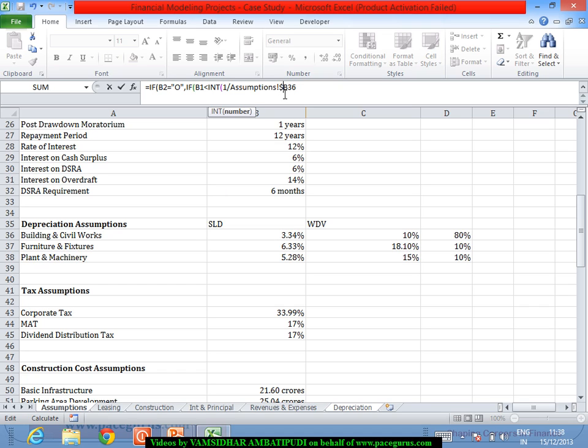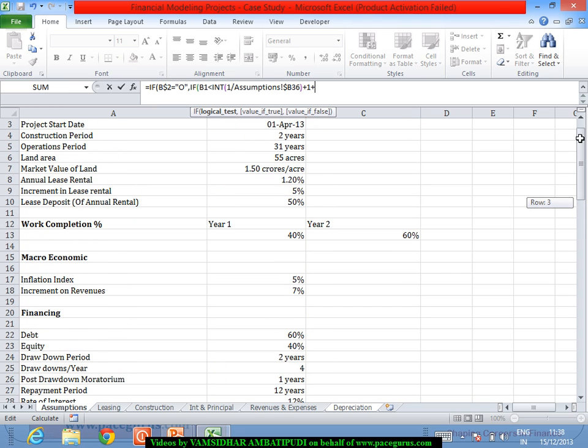So here I'll put a dollar for B, and here I'll put a dollar for 2 to block the location. If the year is less than the integer of 1 by the depreciation rate, 1 by 3%, 33.33, integer of that is 33. So plus 1, plus the number of years of the construction period. So as long as the year number is lesser than this,